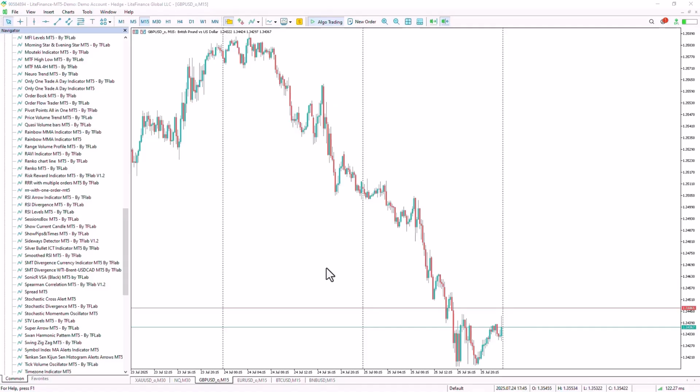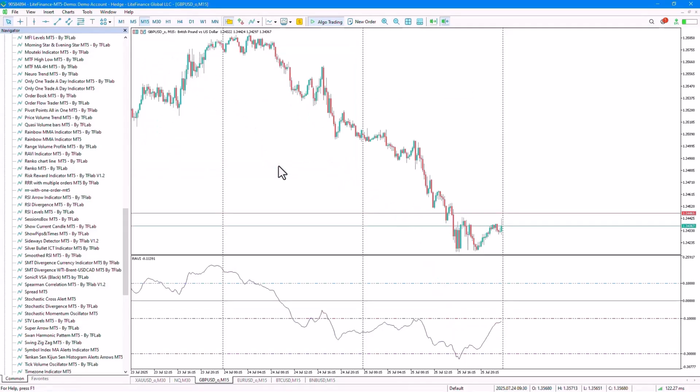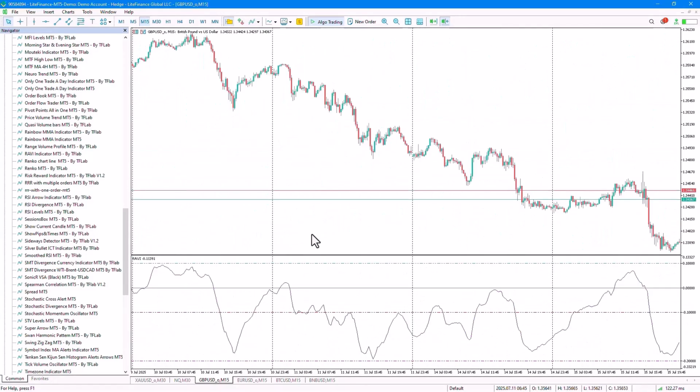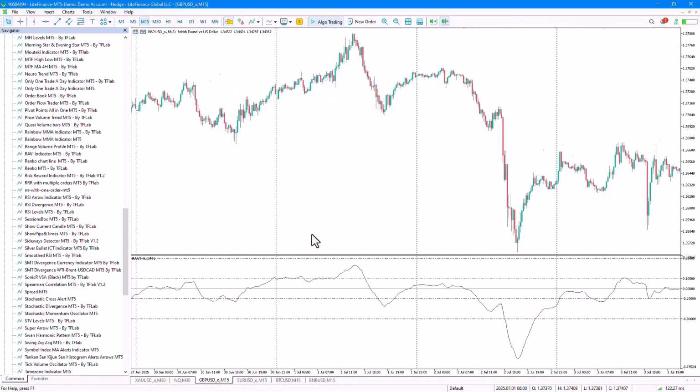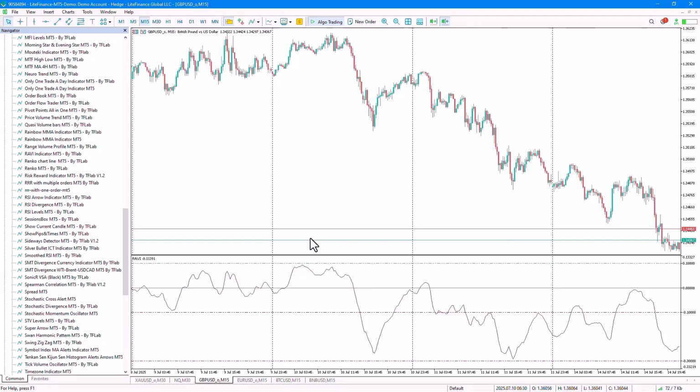From the Navigator section, select the indicator file and drag it onto the chart to run the indicator. Once the indicator is running on the chart, an oscillator window will appear at the bottom of the chart. The RAVI Indicator, or Range Action Verification Index, is a special and practical tool for identifying uptrends, downtrends, ranging markets,